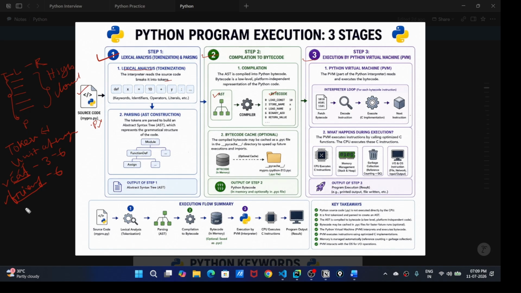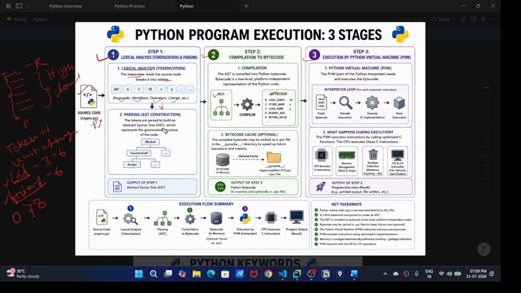Each one is one token. So the interpreter breaks this source code down into tokens, including keywords, identifiers, operators, literals, etc. Still, at this point it is high level, remember.